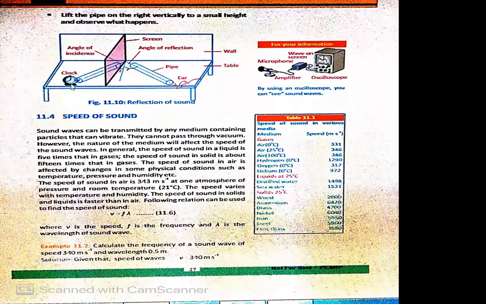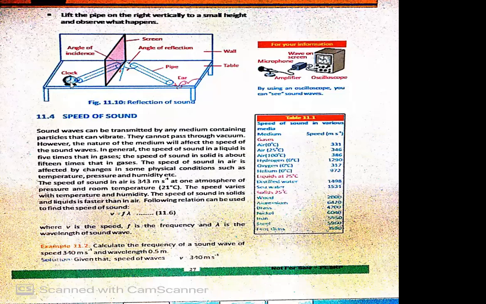These are the two pipes. One pipe is on this side and one pipe is on the other side. These are placed on the wall. So what are you going to do? If on one end the clock is placed and on the other end your ear is placed, you need to adjust these two pipes to where you can hear the clock sound